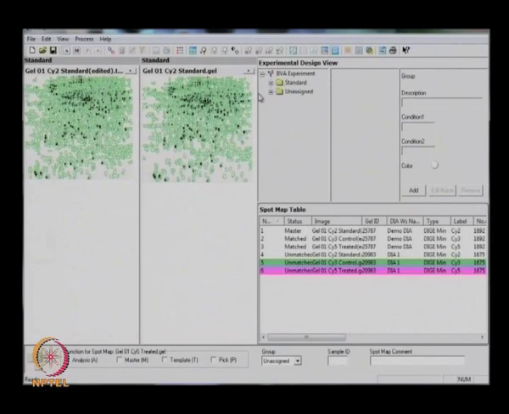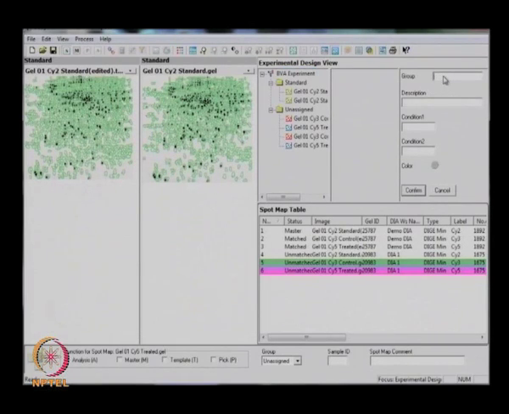From here, all the Cy2 gels automatically go to the standard folder. There is a standard folder you can see, and all the remaining gels remain in the unassigned folder, where we need to assign these gels according to gel type or sample type. Then you just have to click on the add option.